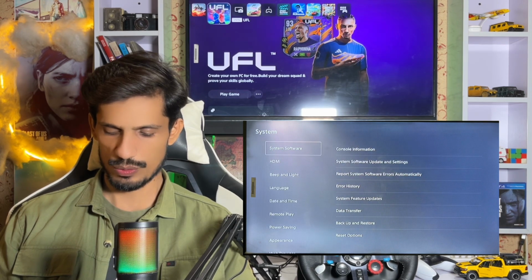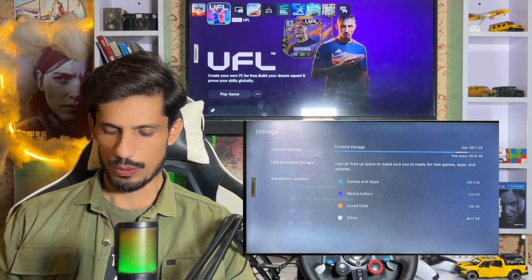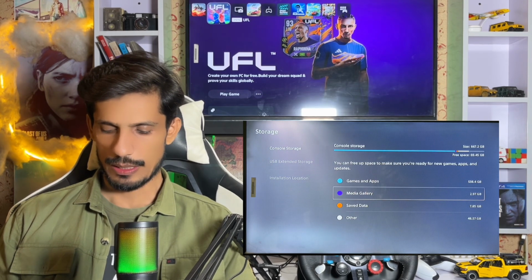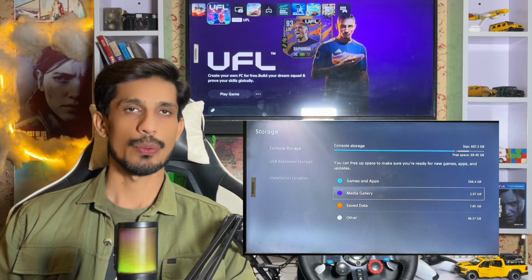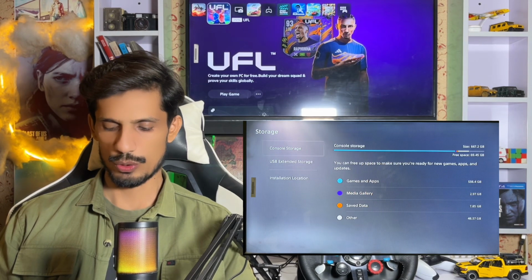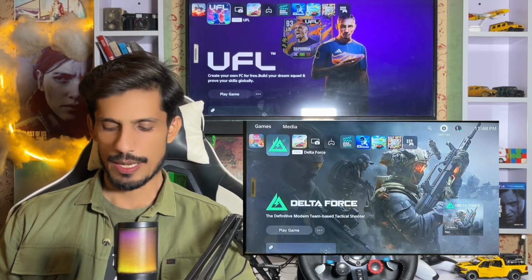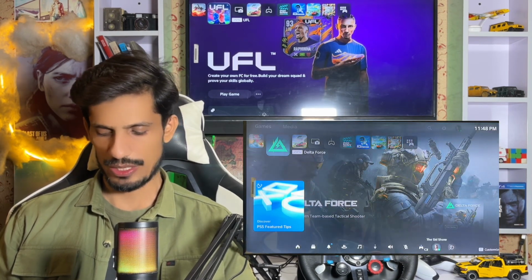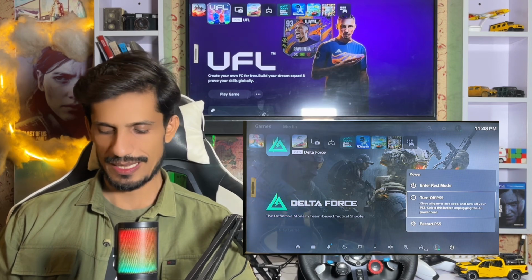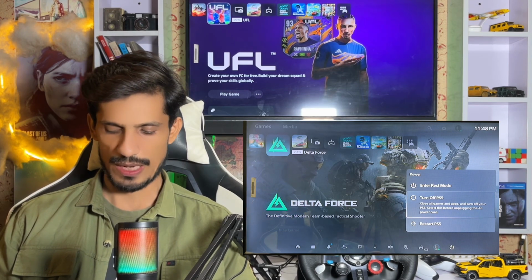in this one also to update automatically. And sometimes you don't have enough storage, that's why you get this error. If you don't have storage, you must make space in your storage, and then you just start your application. And in the last, you just turn off your PlayStation 5 and go to the safe